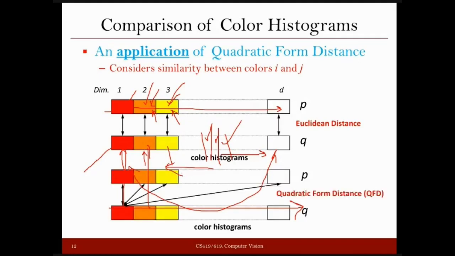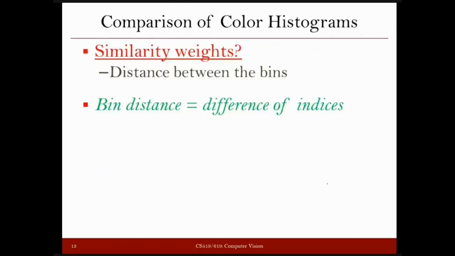Fine. So in case of Euclidean distance, as we discussed, we are comparing the difference between the respective bins or respective features. But in case of quadratic form distance here, we are not only computing the differences with respect to respective bins, but we are also associating the difference that we get from a particular bin to the difference that we are going to get from the other bins. So that is why you see these arrows associating this particular bin here with all other bins that you see here. And the question comes: how to compute the similarity weights in this case?